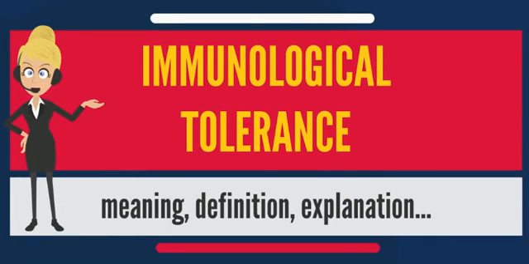Tolerance is a fundamental property of the immune system. Tolerance involves non-self-discrimination, which is the ability of the normal immune system to recognize and respond to foreign antigens, but not self-antigens. Autoimmunity is evoked when this tolerance to self-antigen is broken.